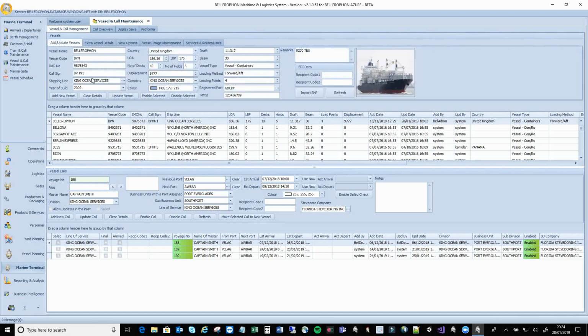Going back to the main screen, and down to the lower third, you will find the vessel call section, where the voyages for the selected ship are listed. Each voyage has its voyage number, its voyage alias, its previous port, its next port, its estimated date and time of arrival, and its estimated date